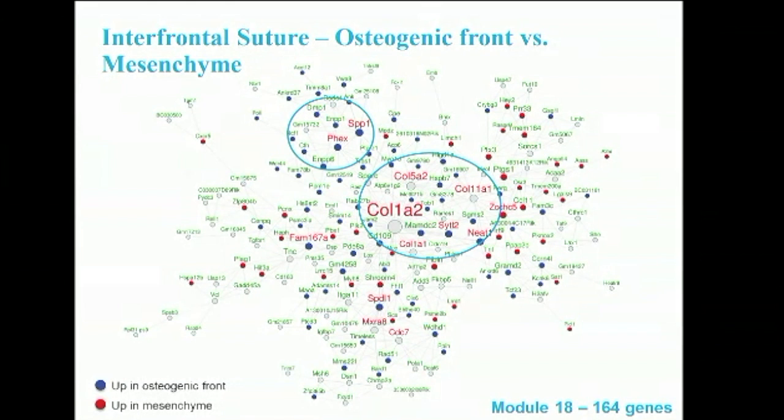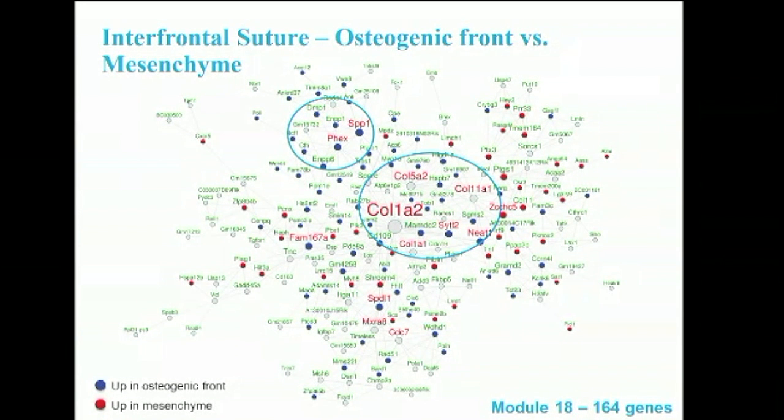And in this particular cluster, genes that are upregulated in the osteogenic front are highlighted in blue, and the ones that are upregulated in the mesenchyme are highlighted in red. What you can see here, I circled two different clusters. There's one here on the top left where we have SPP1 and FAX. SPP1 encodes osteopontin, and FAX regulates osteopontin. So we have two hub genes that are important in bone mineralization, and we see many other genes in the same cluster that are also known to be involved in bone mineralization, including DMP1 and